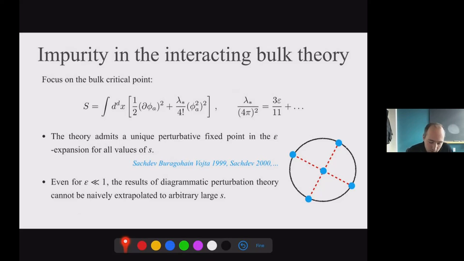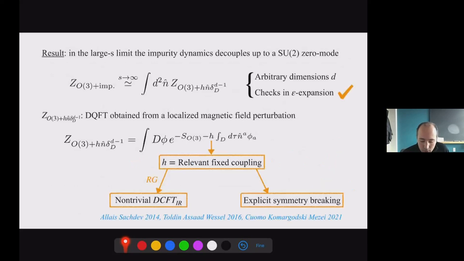But nonetheless, its study for large S cannot be performed by diagrammatic perturbation theory. You need some resummation, pretty much like before. I won't explain how we obtain this result, but the highlight is the following: in the large S limit, we can argue that the impurity dynamics completely decouples up to an SU(2) zero mode. So what does this mean? This means that in the S to infinity limit, and this holds for arbitrary dimension d, so also in d equal 3,